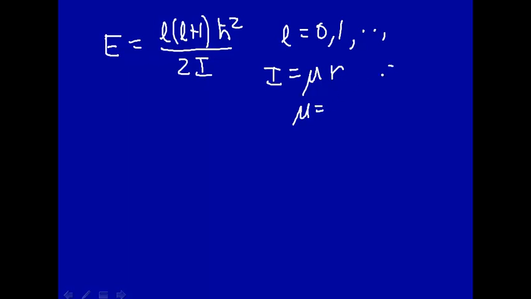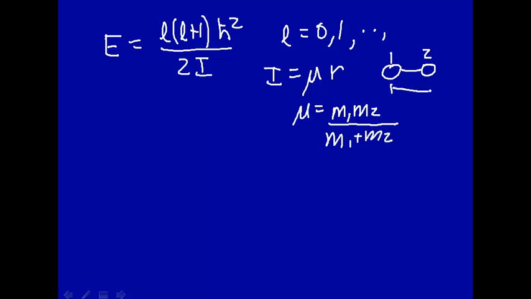Let's take a linear molecule, as we did it for. A linear molecule has atom 1 and atom 2. The reduced mass will be the mass of atom 1 times the mass of atom 2, divided by the sum of the masses, and R is the distance between the nuclei of the two atoms, or in other words,